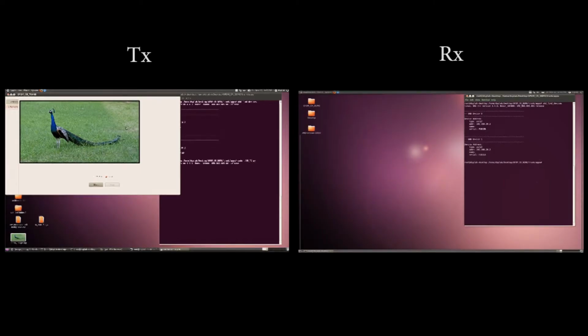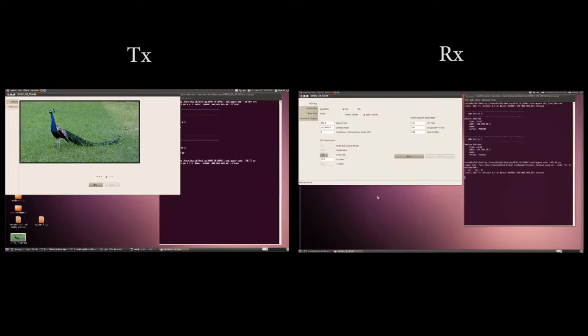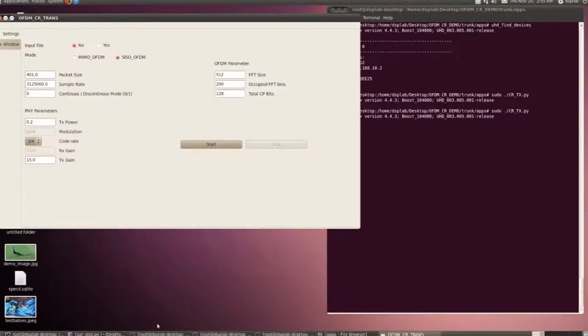On the RX side is the receiver counterpart of this application. Setting the modes and parameters being the same as the TX side, this contains the RX window which displays the benchmark image received in various modes and settings. Apart from this, error calculation and graphical displays are added analytical tools on this side.